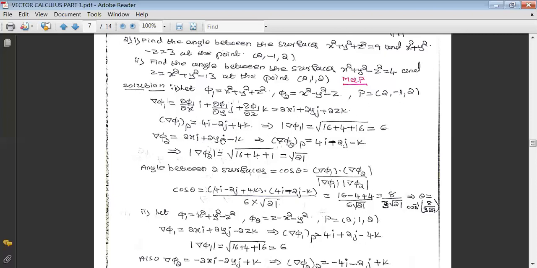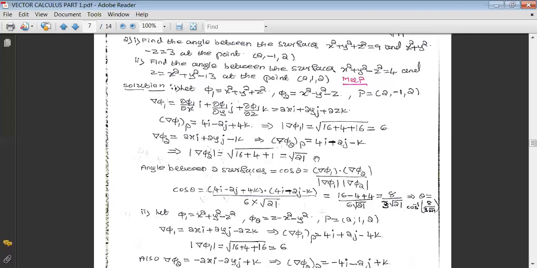Once you take y equals minus 1, that becomes minus 2j, and the third one is minus k. And once you get the magnitude of this, magnitude of del phi 2 at the point P equals square of this 16, square of this 4, and square of 1, that is 1 itself, that becomes